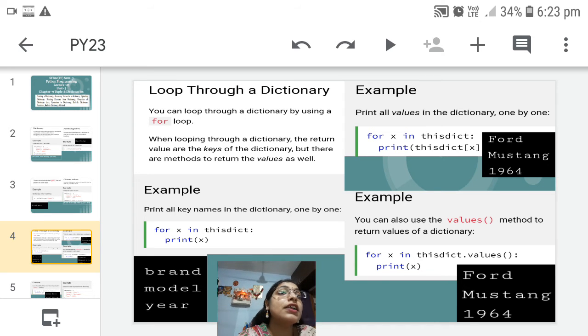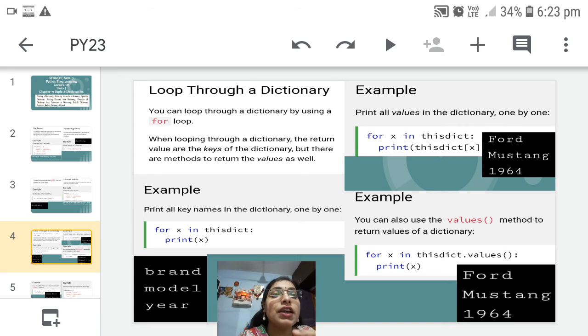In the next example, we are having the output as values. So if you want to see the values, again use the same for loop: for x in this dictionary, and in print, just print this dict into square bracket x. So within the square bracket x, we are providing the key, meaning we want to display the value of the x key. Only if you print x, you will see the keys which are present in your dictionary. In this second example, we are printing this dict[x], meaning we want the values for all the keys which we are having.